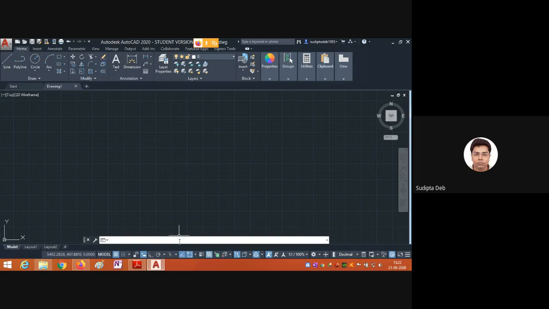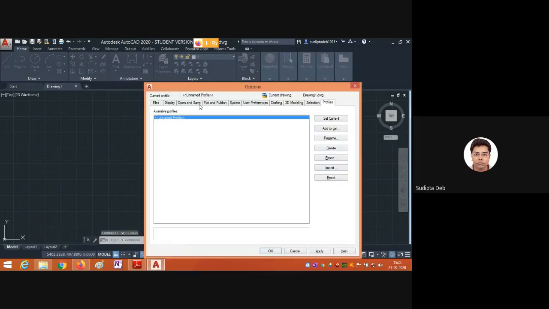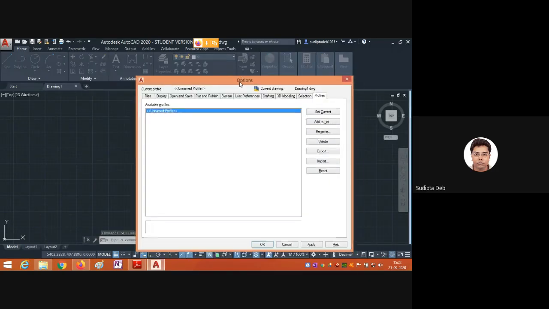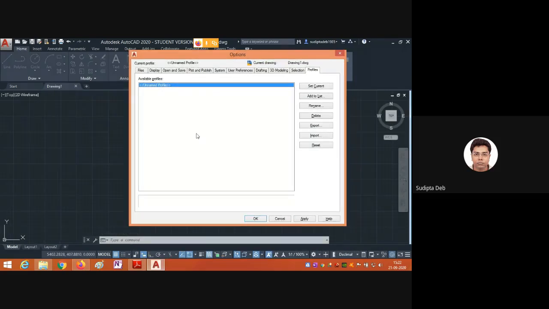So the command is settings. Suppose I write SETTINGS in the command line, this is the command line. If I write down the setting, you will get this window. In this window, the last option is profiles.